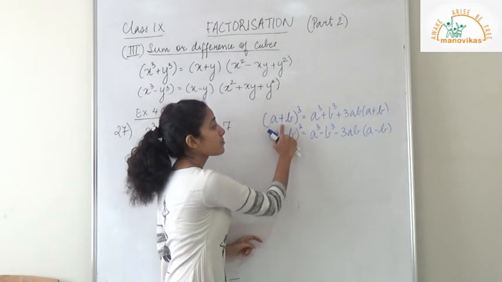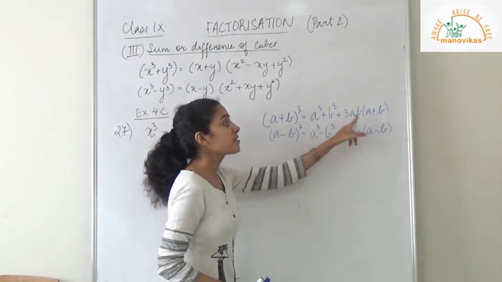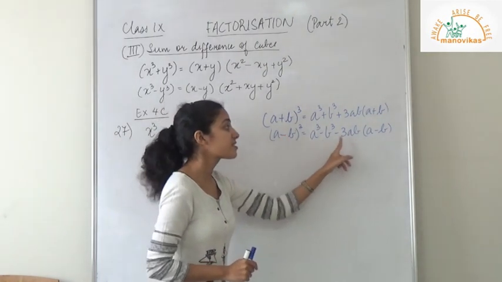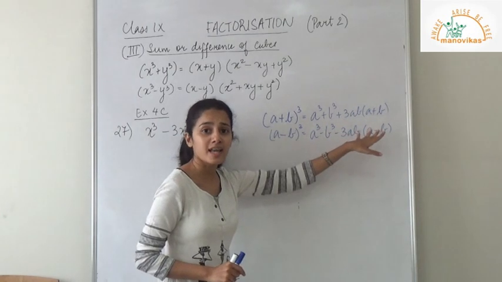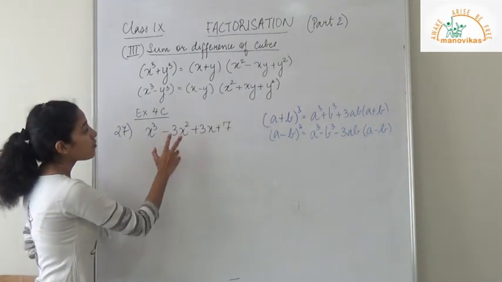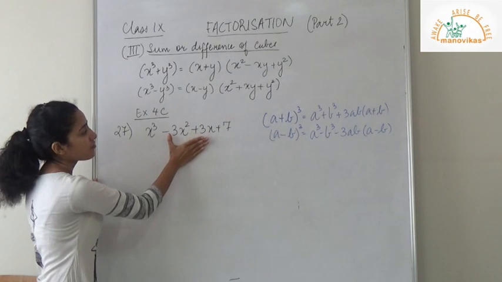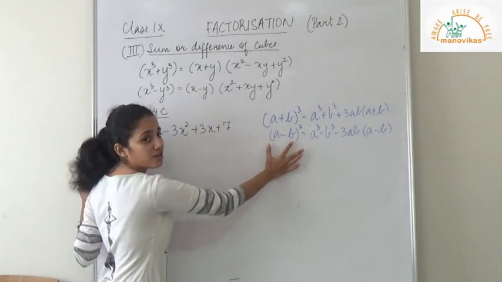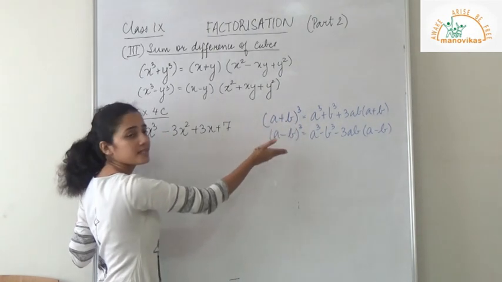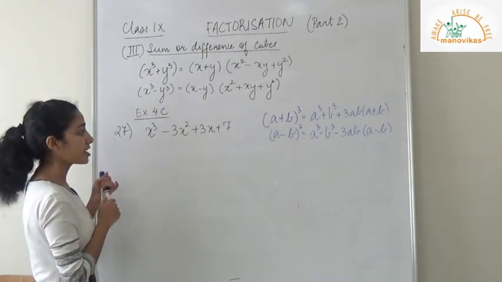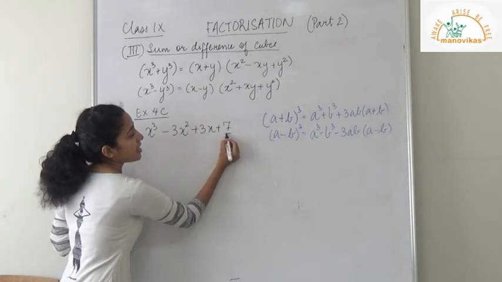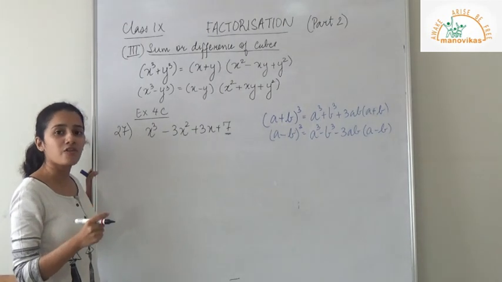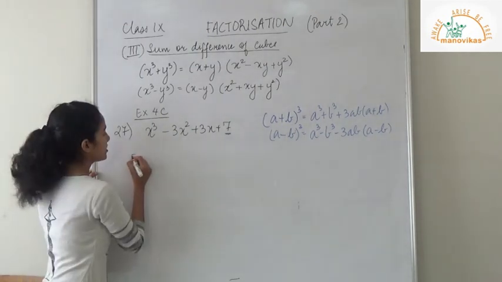So whenever there is a positive sign here, there is a positive sign throughout. And when there is a negative sign first, there is a negative sign throughout, and the terms are written as it is. So, to get the factors of this, we will be reducing this expression and we will be writing it as this first. We will be reducing it into these identities. So, how do we do that? We start with a constant, that is 7. We write 7 as the sum or the difference of two cubes. So, let us do that.